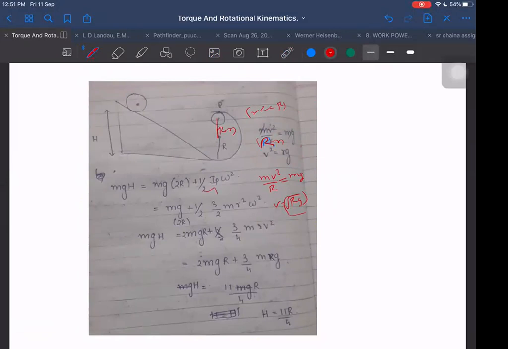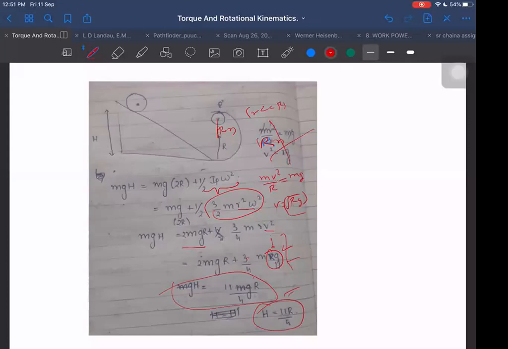And while we are writing half I omega square, then it is okay. R omega is equal to v, that is okay. We are writing finally as here, you are doing it right only. Here it is right. Here you are putting capital Rg. Yes, sir. So it did not use this equation, I think so. So in the equation finally you are doing it right. 2 mgr plus 3 by 4, 3 by 4 into. It is correct. It is correct after that. The answer is not what we are getting from this.